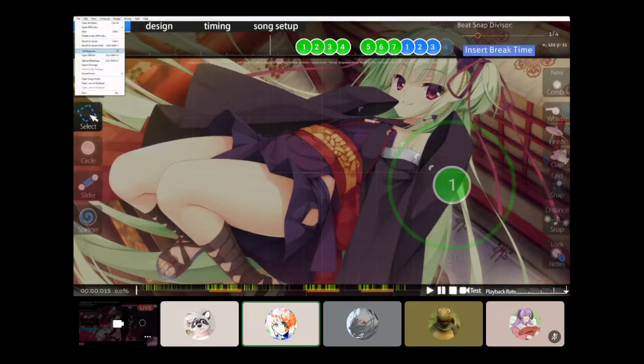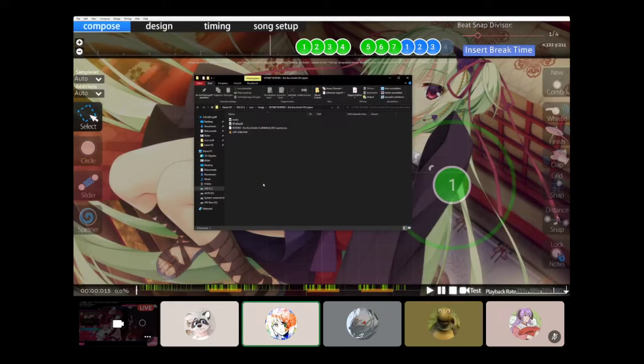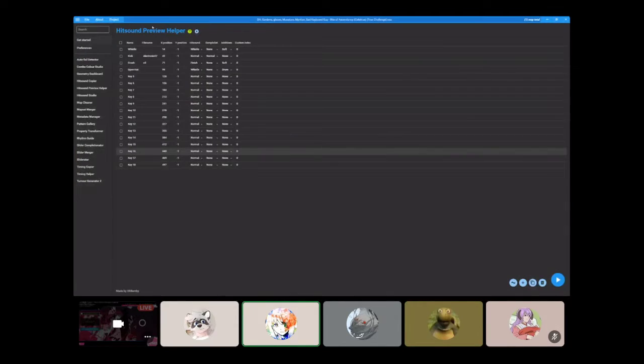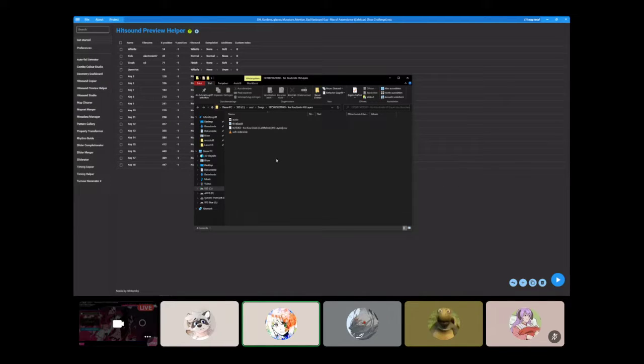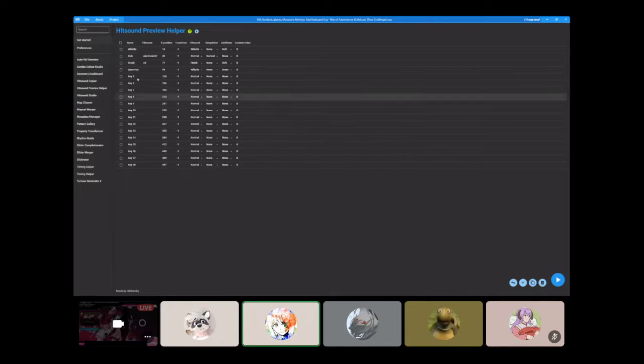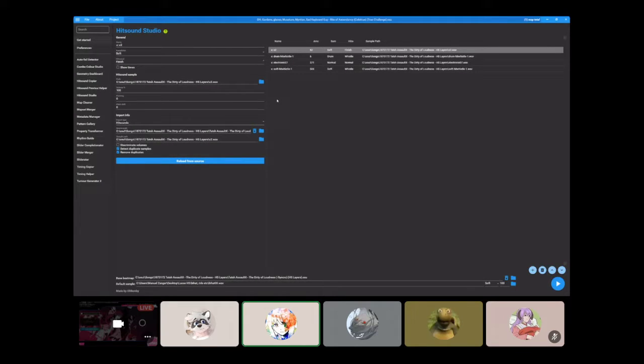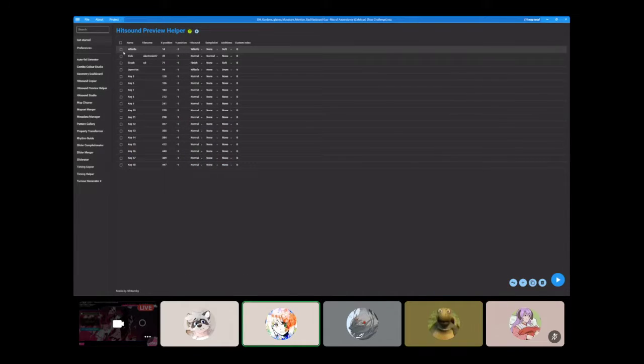The point of doing this is that now inside this folder we will put in some files that are going to be used by HitSound Preview Helper. But they're not going to have the literal names that you need later. I will put something in here that's just going to be called, I don't know, kick 5 or something, and then I can name it in here. And then the actual work of renaming all the files, putting the numbers at the end, is going to be done by HitSound Studio automatically. Okay, so